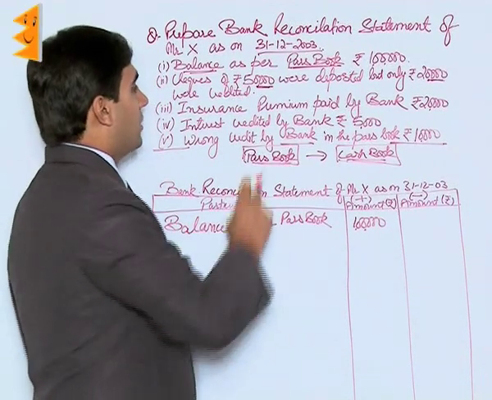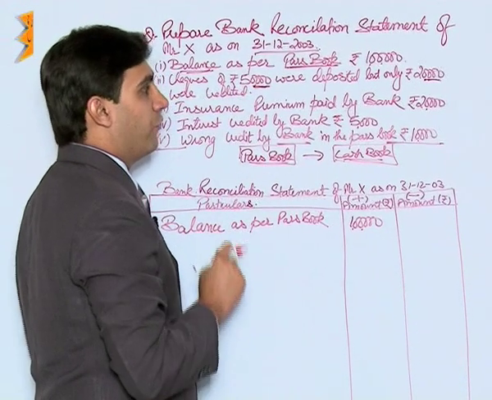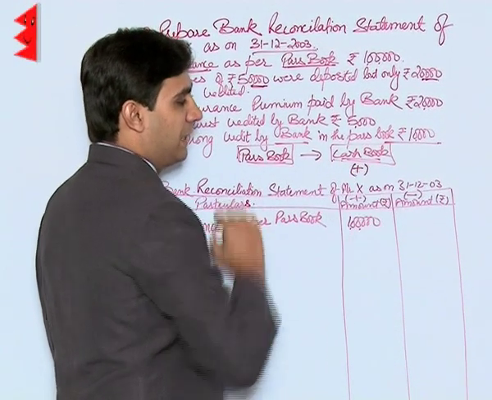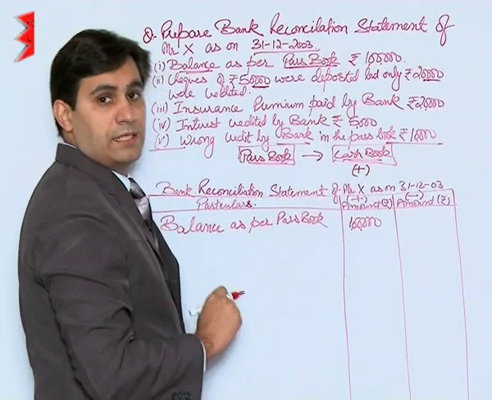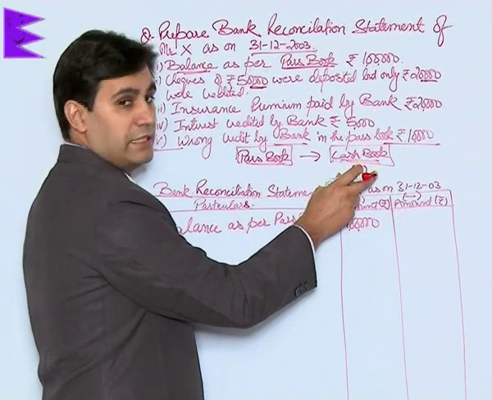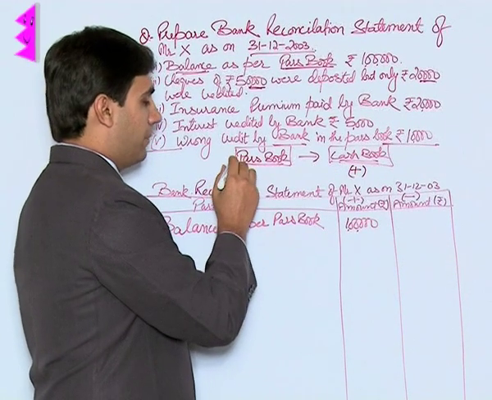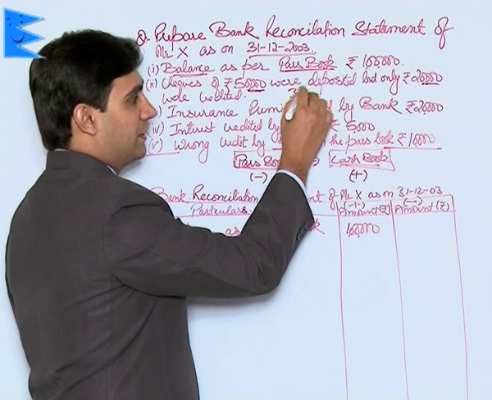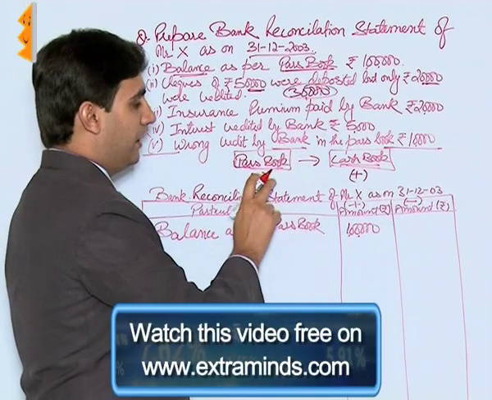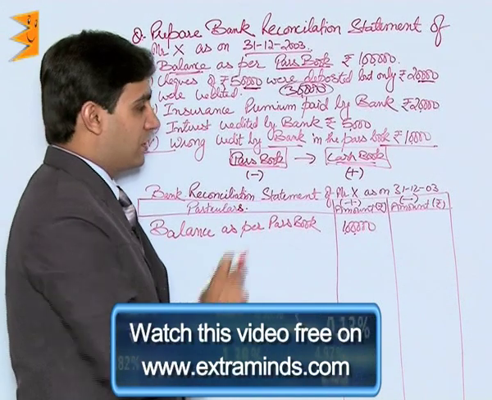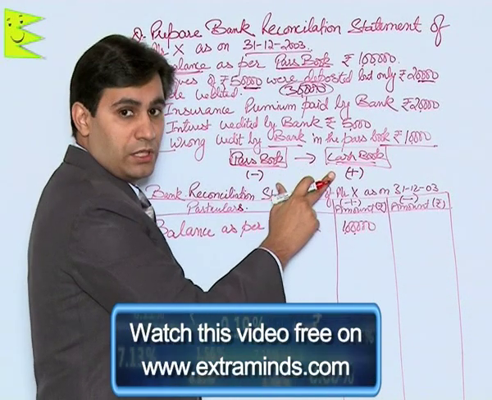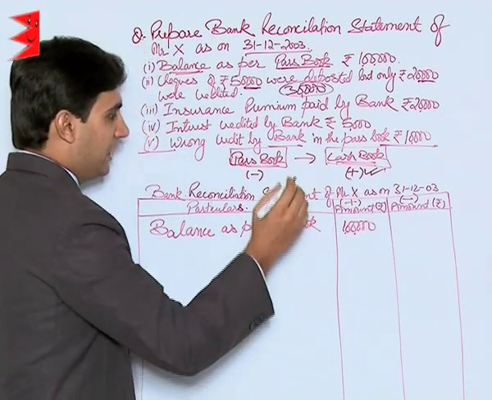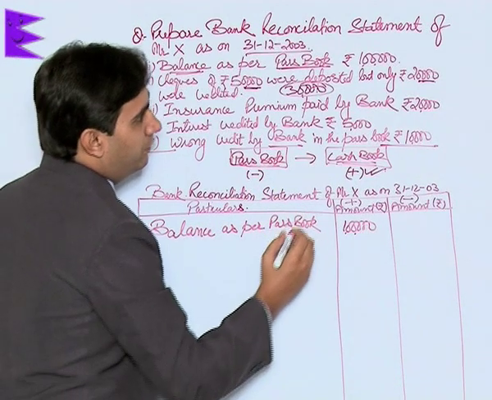Now students, checks of rupees 50,000 were deposited. When we deposited checks, we increased our cash book, so I am writing plus here. Plus signifies that the cash book has increased as compared to the passbook, and there is no entry for 30,000 rupees in the passbook. Now since we have to calculate as per cash book and under cash book the sign is positive, this entry will be recorded on the positive column for rupees